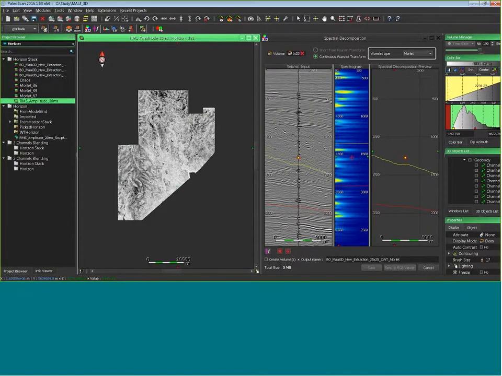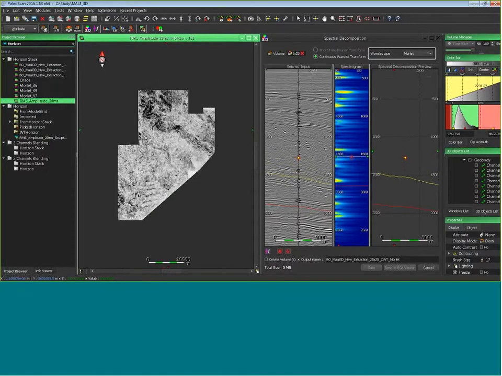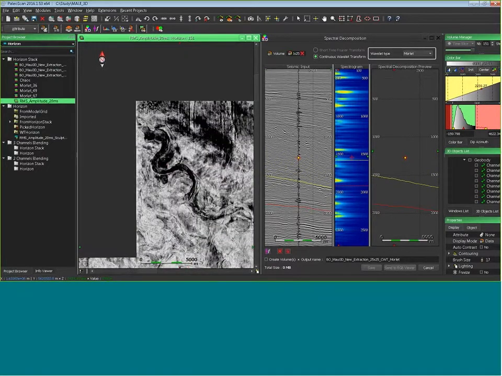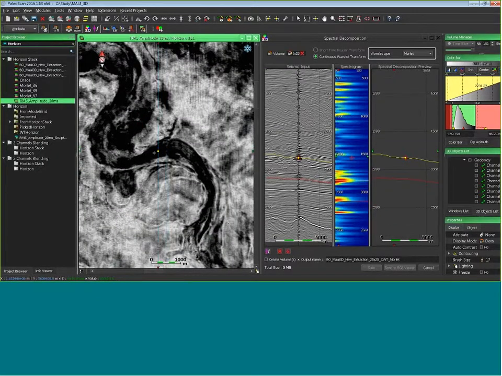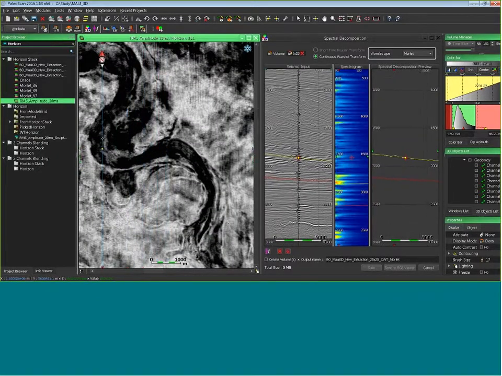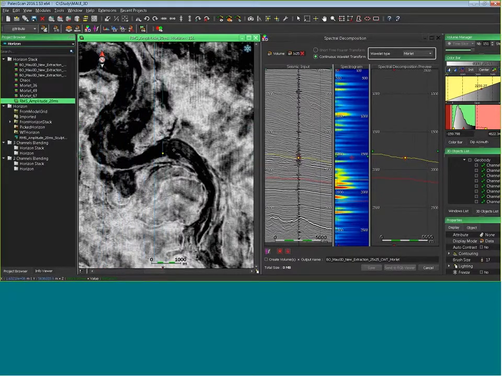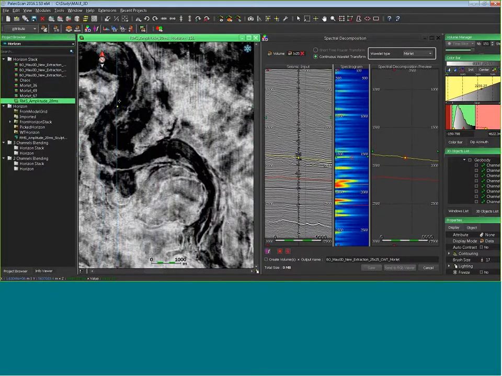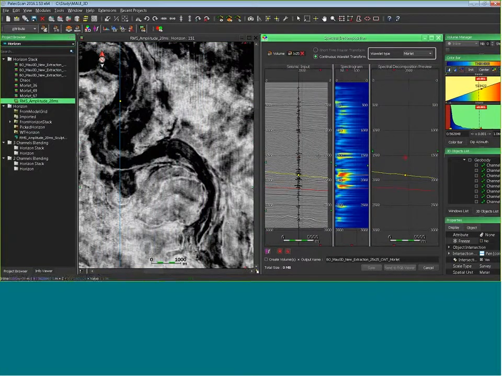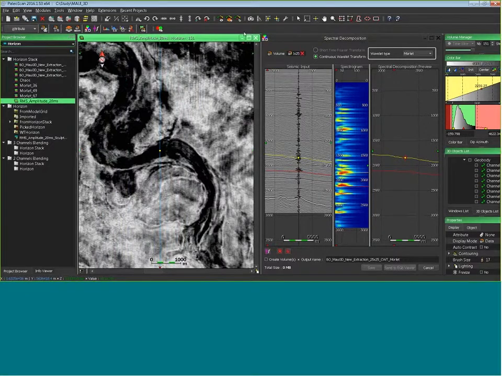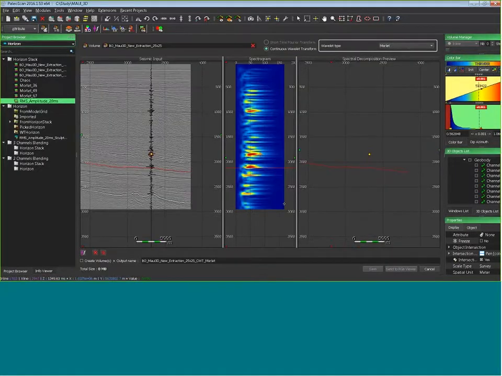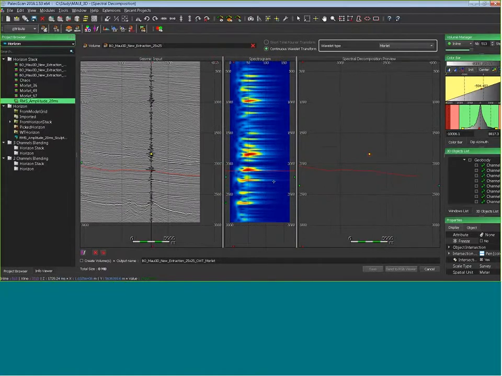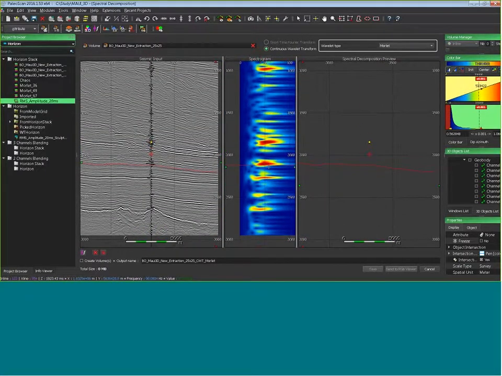It's really useful if you have already some horizon stack. Let me organize my windows and just go down. For example, I can just identify some channels, and then I can cross navigate. Because of the cross navigation, the spectral decomposition window is focused directly on the yellow dot and computes the spectrogram for my channel. Now I find the channel directly on my horizon stack, like this.